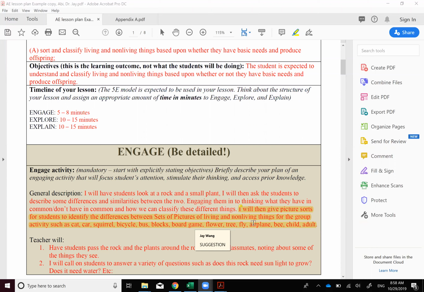However, the reason why I put it as a suggestion is because I want you to learn from your own experience. But please do not rush through the activities. Let them do the first one. You will see how much time they need to do a careful observation of the two items and give you some reasonable answer. Check how much time it takes. I would suggest you put the picture sorting